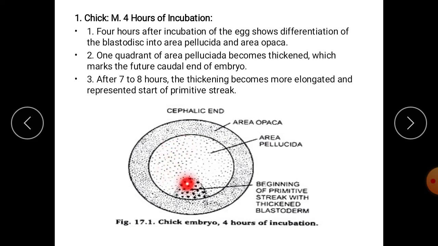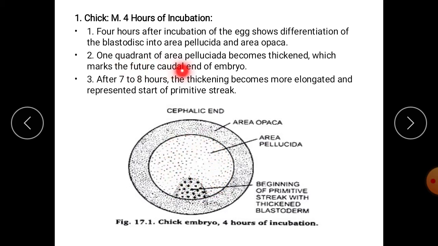This is area pellucida, the transparent region at the animal pole of the egg, and this is area opaca. It's not transparent. Why is it not transparent? Because here yolk is present. The epiblast upper layer is attached to the underlying yolk, but here yolk is present below this one, but exactly just below this layer a cavity is present, and that cavity is filled with fluid. Therefore this appears transparent.